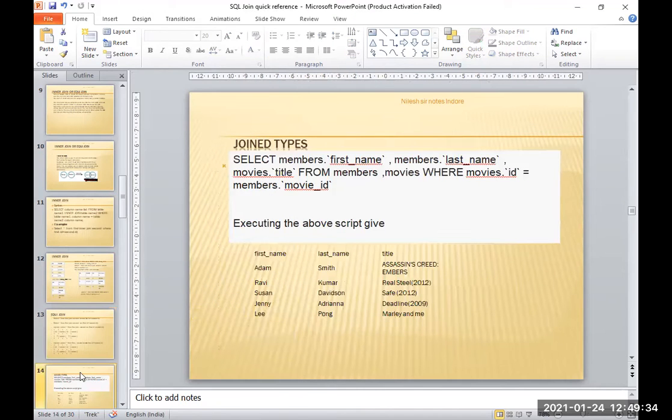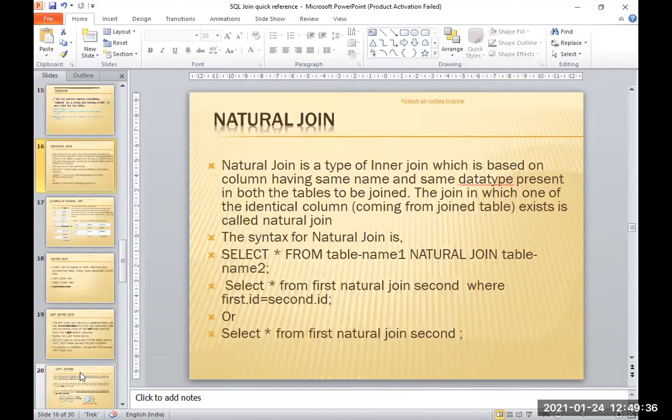Next, natural join, also the same thing. It is one of the types of join, but here only the natural keyword is used. Just apply it.